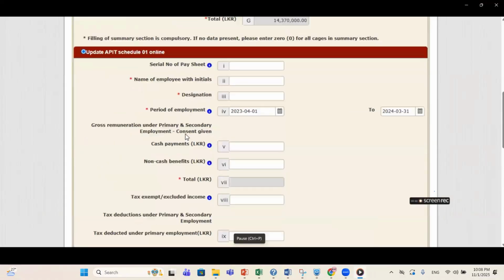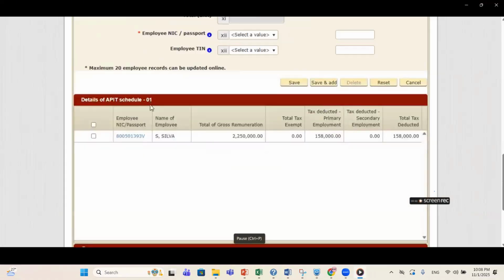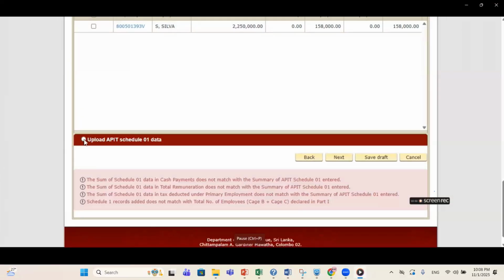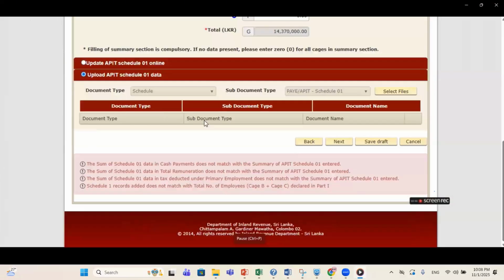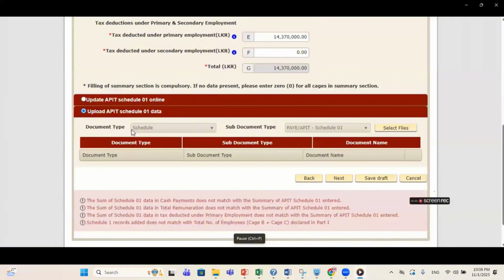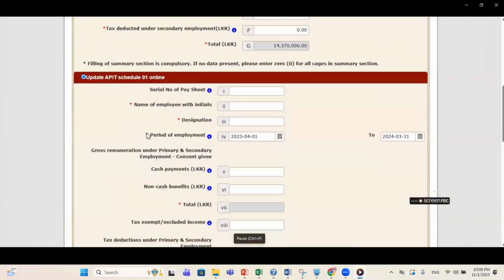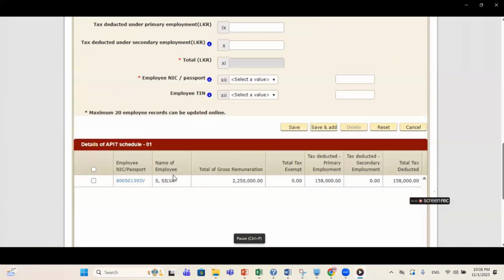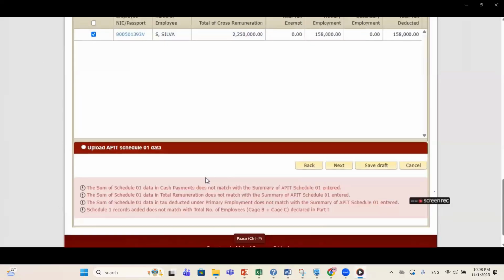Instead of selecting this, I just select the other option, upload the document. So now the system itself untick the first one, right?